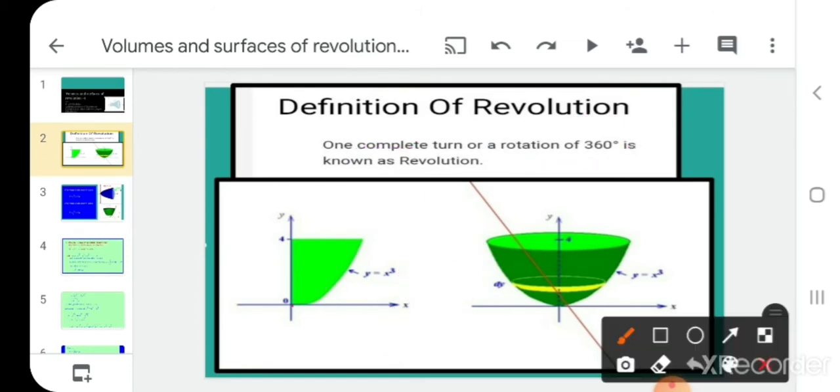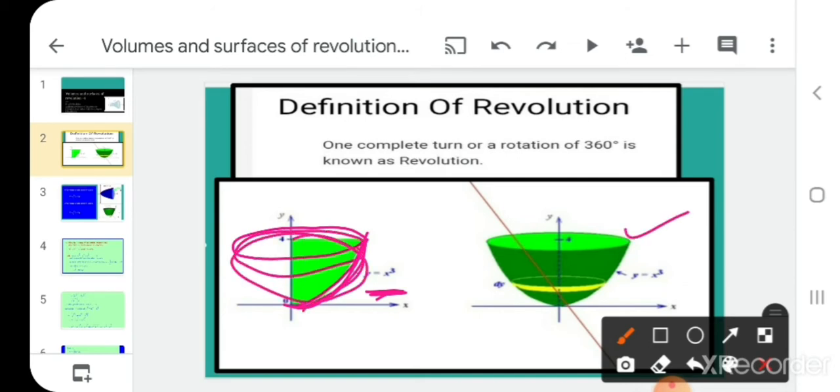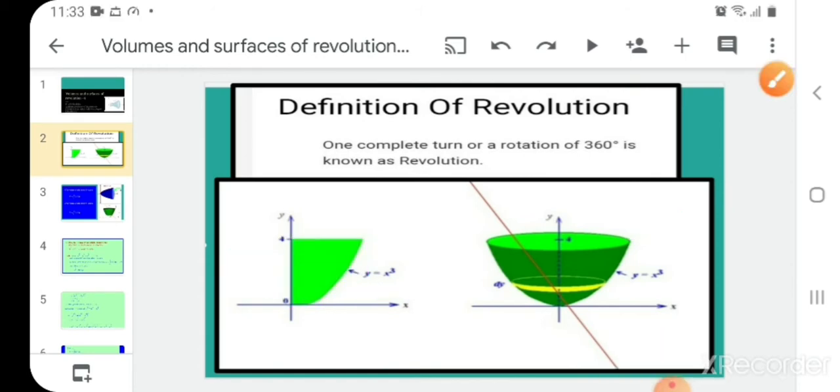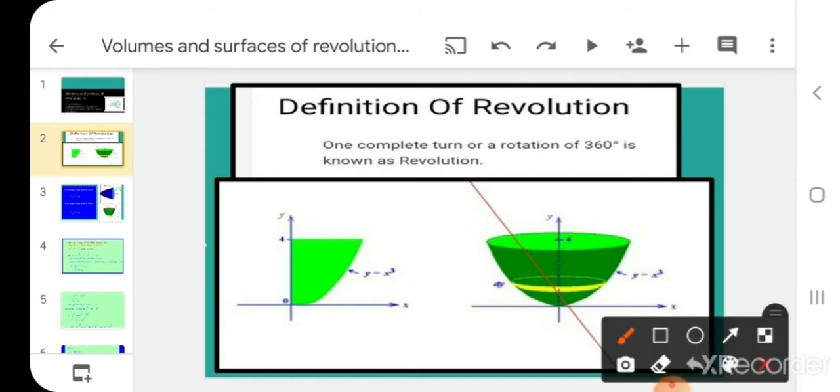See here, this pink line denotes the curve y equals x cube. This pink curve rotates about the y-axis. That means like this. Which shape do we get? A cone-shaped three-dimensional solid. This is the solid generated by a curve revolving about the x-axis. Here we find the volume of these solid shapes.